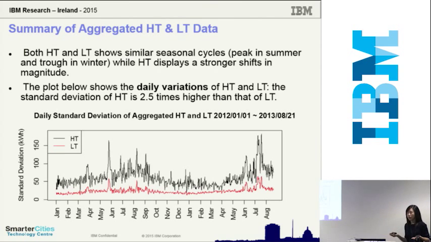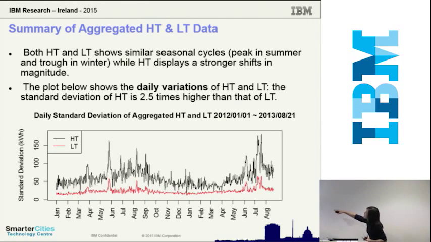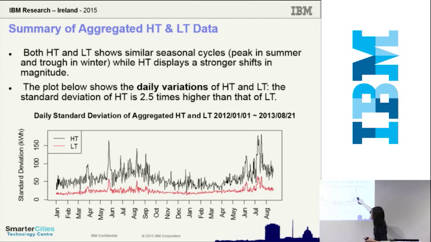The mean level of the electric usage is not the only concern we have. If your electric usage oscillates too much, so the daily variation is too high, that should also cause a concern. Why are things changing so much, right? So here we demonstrate the daily variation of HT-LT. You could see that you have these peaks in summer, and same thing with LT, all right? So